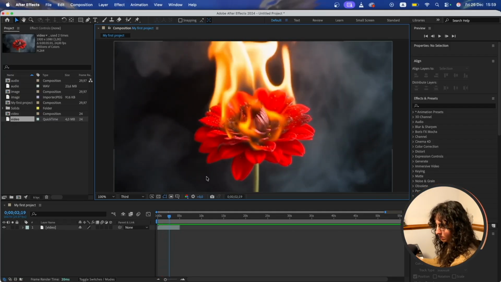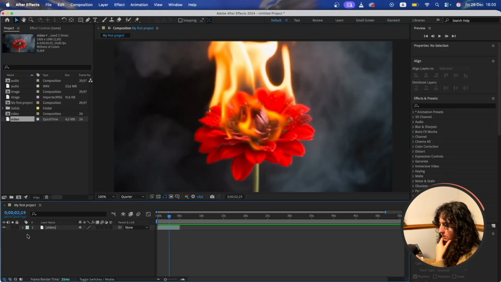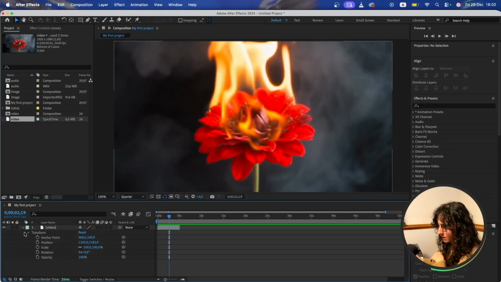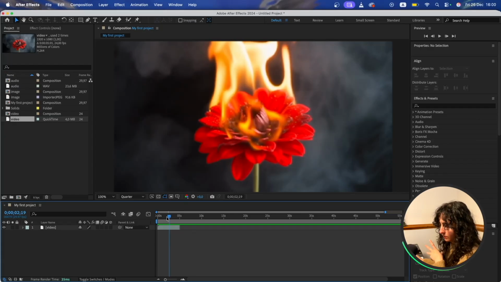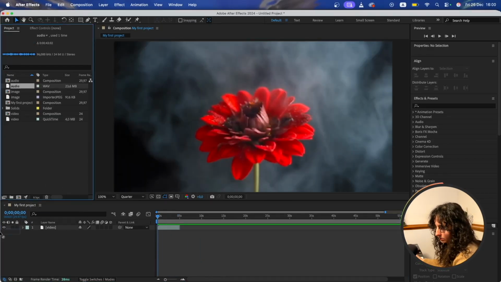This was the thing I was talking about a couple lessons back. The lower you take it, the lower the quality gets, but at least you get to play back your video and make your edits. So this video doesn't really have audio, but if I increase this, you can see that we have the same transform properties. The only difference here is that we have that playback issue, whereas with the image, we didn't. And then the audio is where we do have